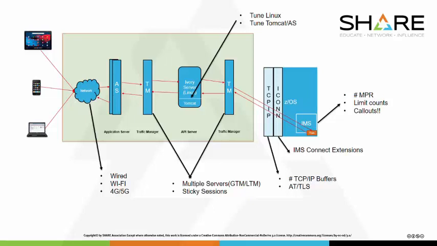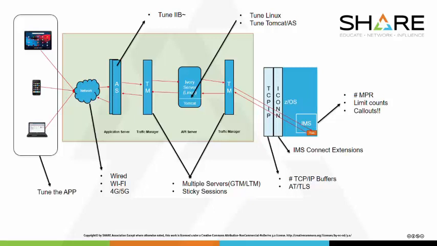Also, maybe you have to tune the underlying application server running on the API server, whether it's Tomcat or whatever system you're running, or you need to tune Linux itself. Maybe you need to tune the application. Maybe the application is bringing back too much data for what they really need. And you may need to tune the application server or whatever you're using.